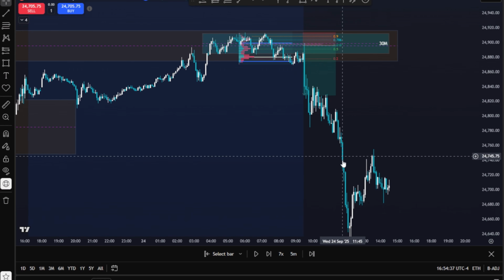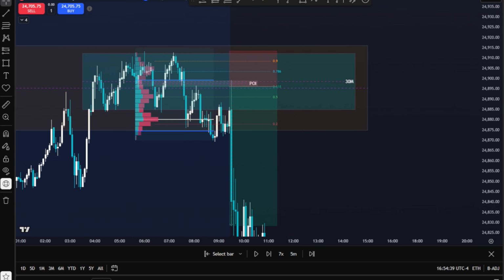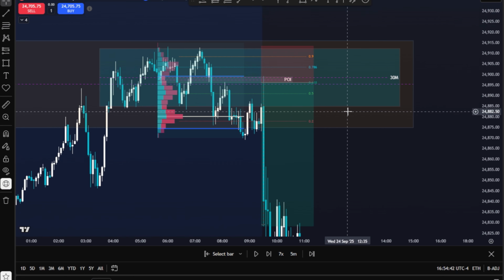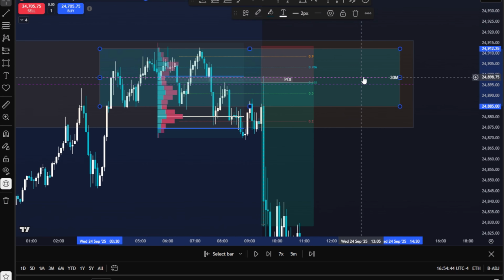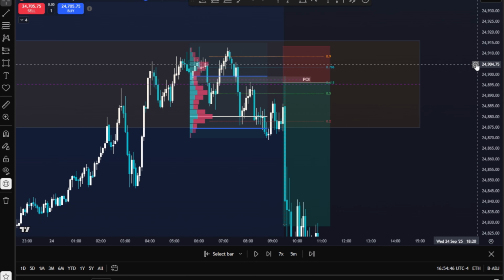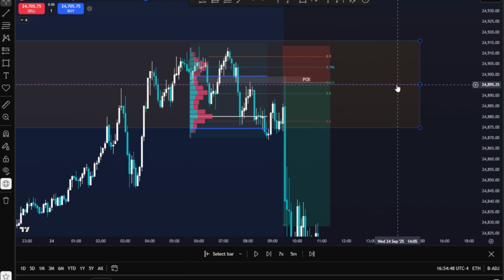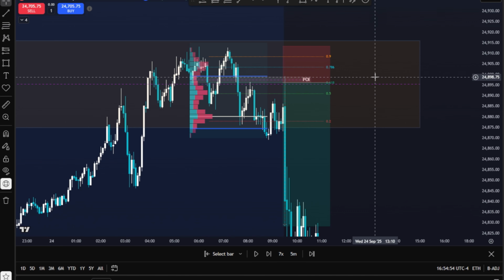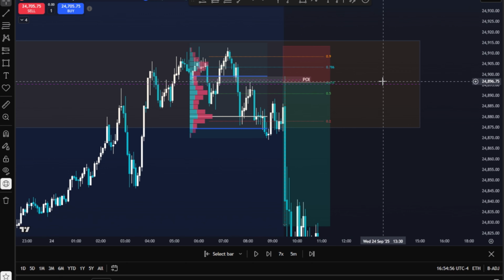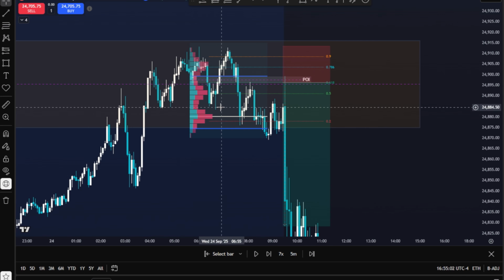So I left a lot of bread on the table, but the whole point is to showcase how I'm able to remove this slip here, how I'm able to pinpoint my limit order and just place it there, not randomly. Understanding the volume profile will give you another confluence and edge to see where the price will retrace to. But first, it's not just reading random low